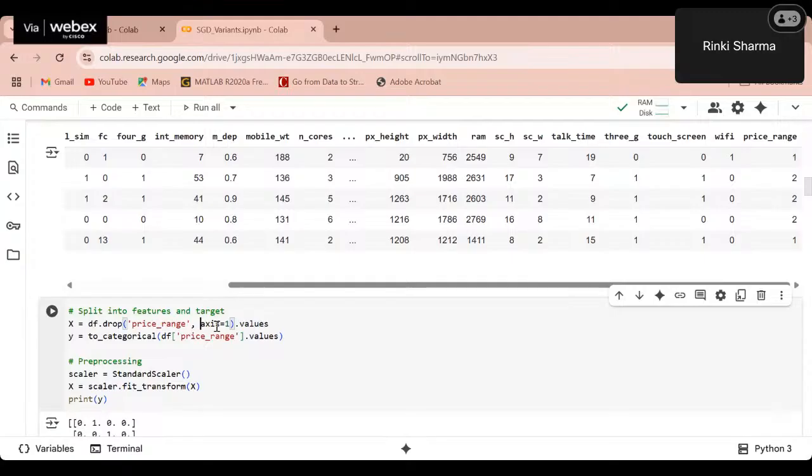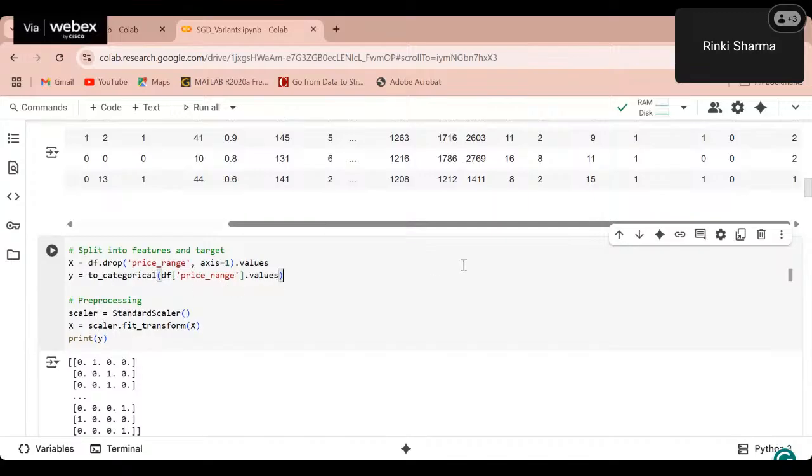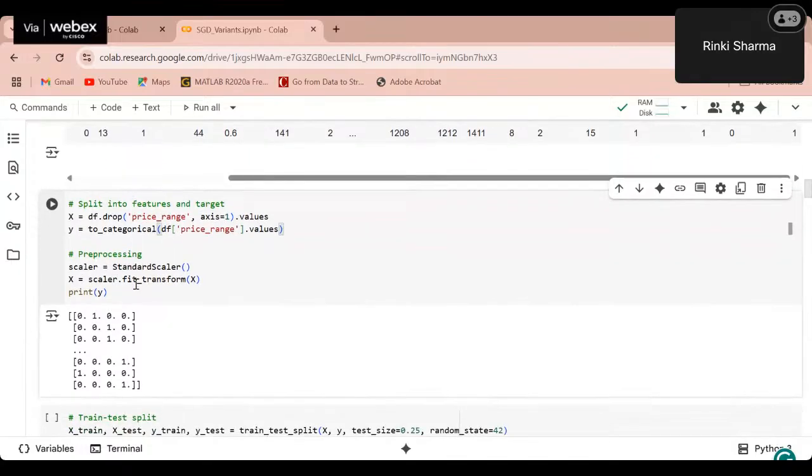Axis equal to 1 means it is dropped across the rows, that is, for every row the price range column value will be dropped. .values will convert it into a numpy array, because these are not numpy. And for to_categorical, the price range values are here 0, 1, 2, and 3 only. df price range .values will convert it into a numpy array, and to_categorical will convert it into